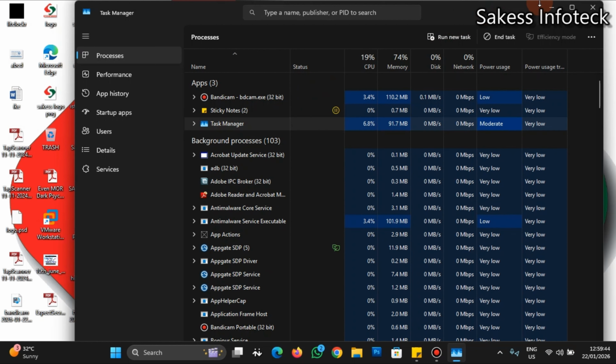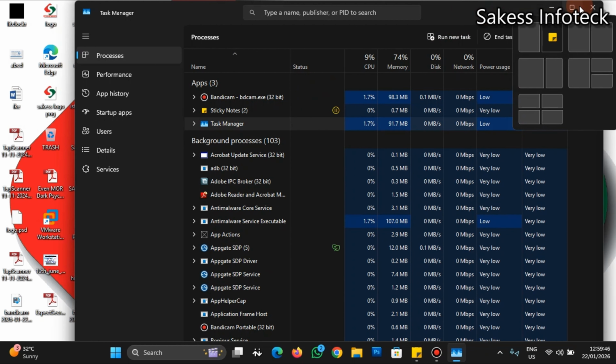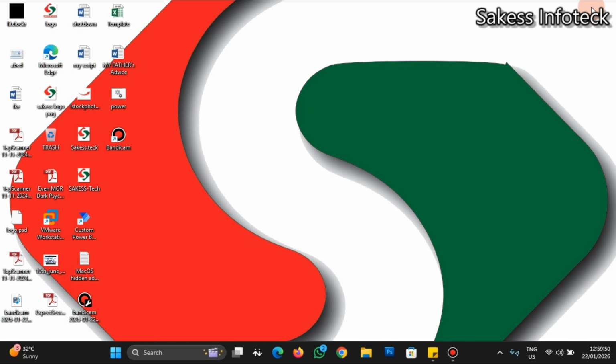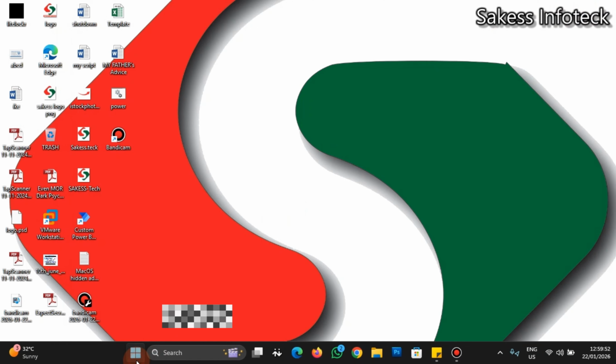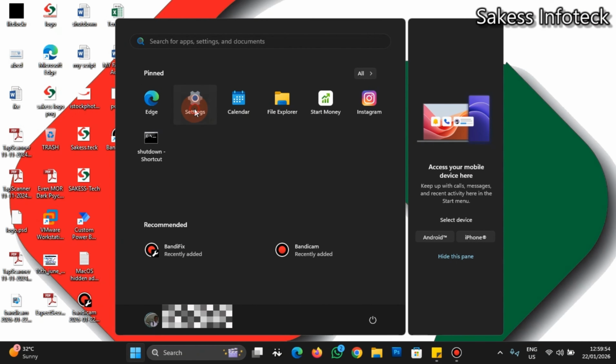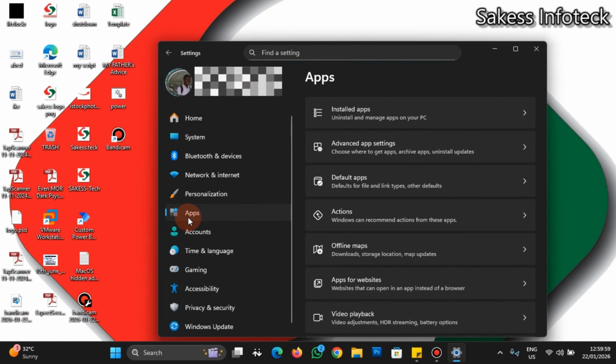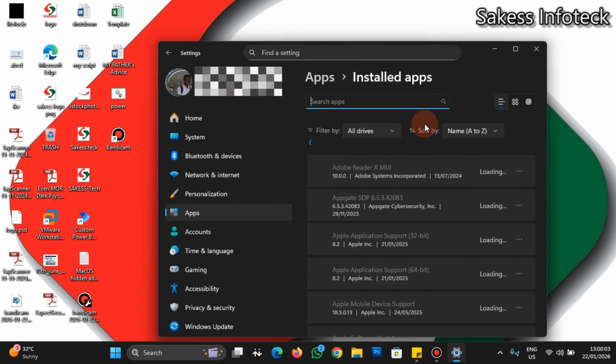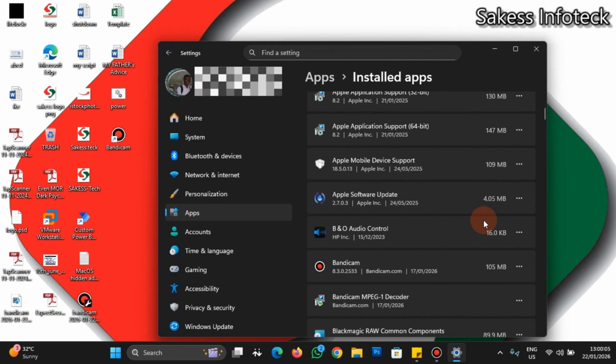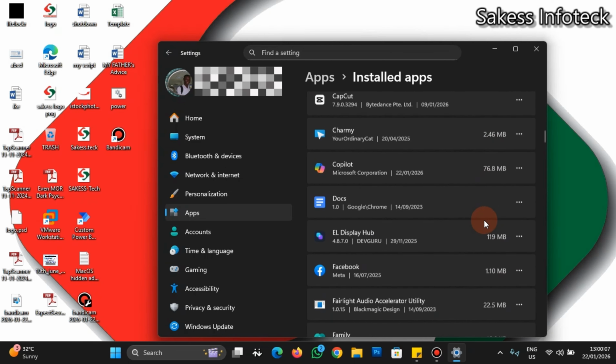Now the second step is to find background applications that are also consuming power. To do that, let me close this. We click on Start and then click on Settings. In Settings, we click on Apps, and then Installed apps. In Installed apps, I'm going to scroll down to